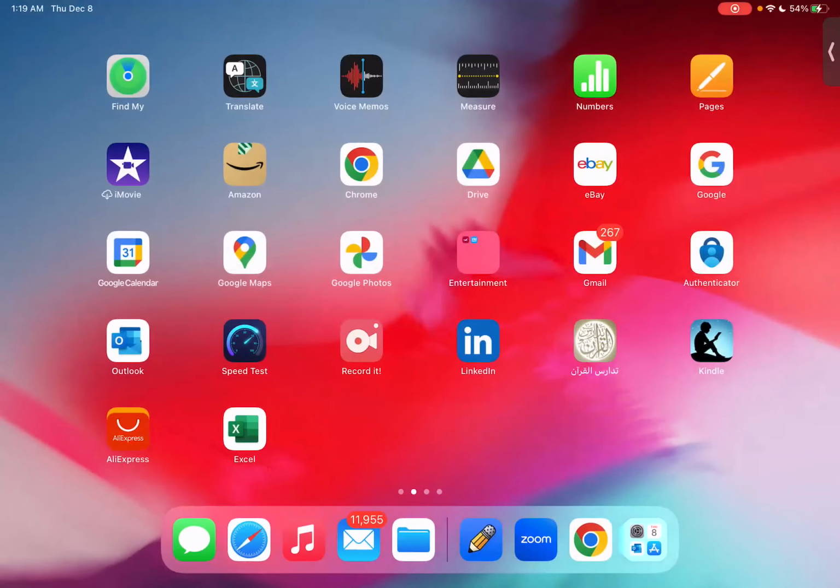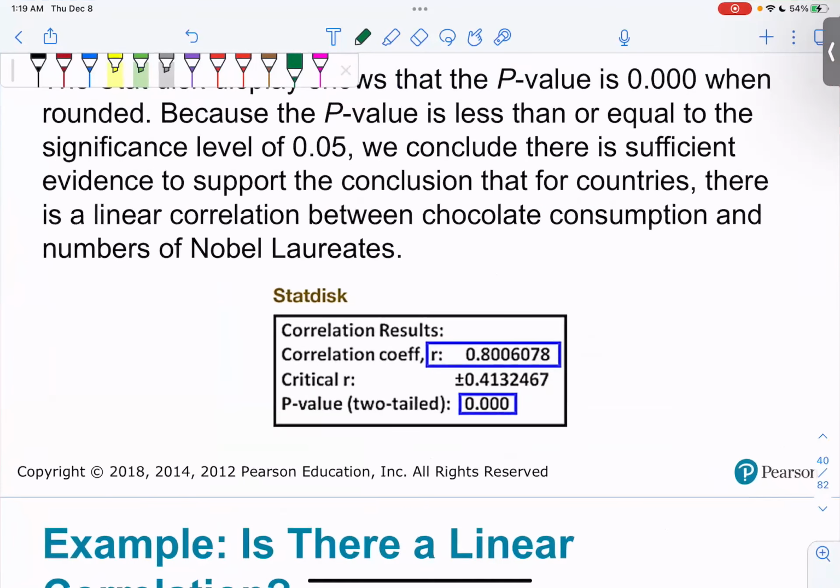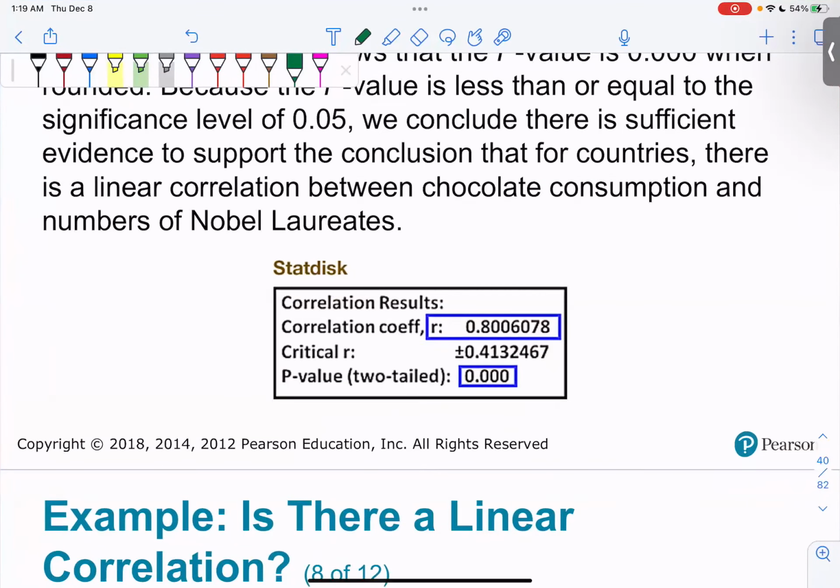So let me go back now here. This is the same value, so let me put it here. This is -1, and this is 1, and here we get 0. And then we said here the critical value, which is 0.413, and here -0.413. So if we have values here or here, yes, we have linear correlation. So our value is here,